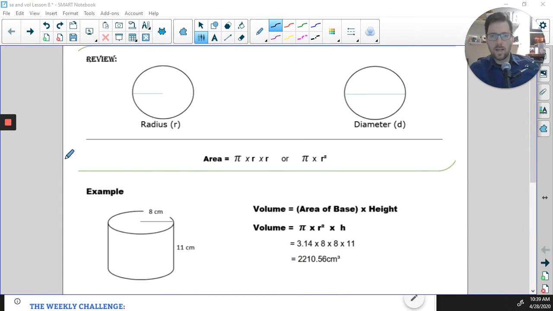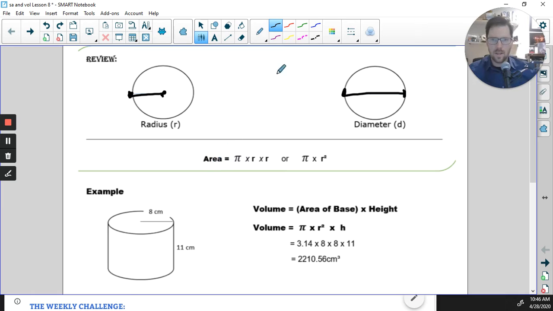First of all, when we're looking at a circle, we've got radius, which is going from the center out to the edge. That is our radius. When we're looking at diameter, that is going from one side all the way across to the other side. So now that we've got our radius and diameter, another quick review down here is that our